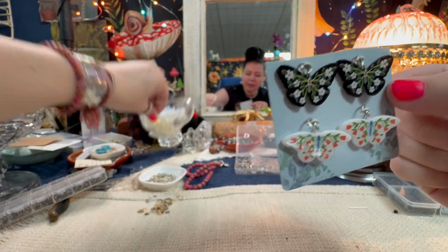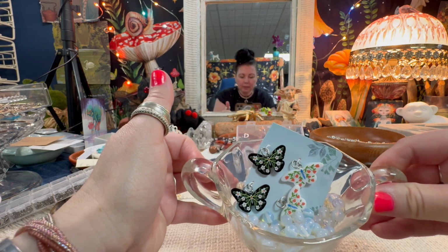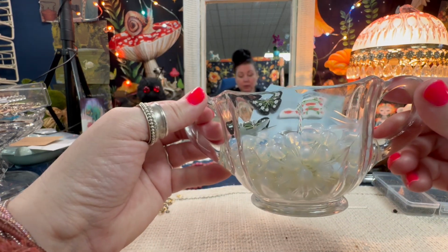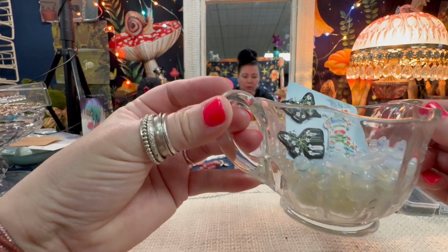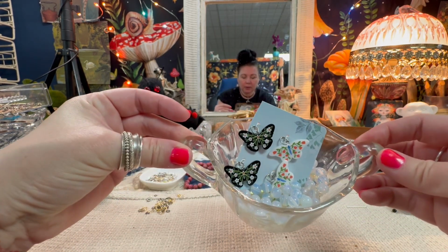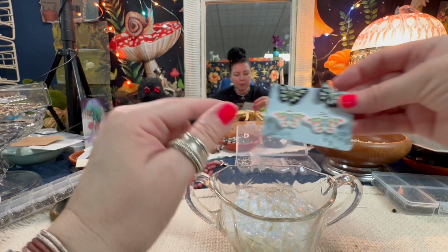So I went out to the bead bar and I picked up some gorgeous opalite, by the way. If you ever run out of containers and you thrift a lot like me, a great use of them is for your beads. So I've got all kinds of divided dishes out there with various beads, but we're going to do an opalite